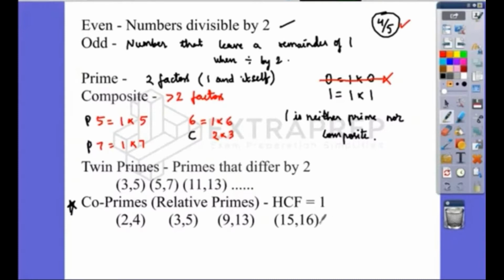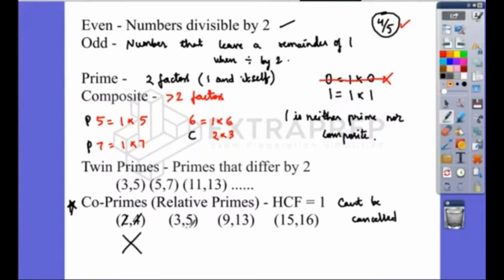See, this is a bit difficult to understand. To make it easy, what I'll tell you is two numbers are co-prime if they can't be cancelled. This is what you'll have to remember. Two numbers are co-prime if they can't be cancelled, because if they can be cancelled, there is some common factor to them. We want the highest common factor to be 1, which indicates that there should not be any other common factors. For example, 2 and 4, what's common? There's 2 common in both, right? So you can cancel 2 in both the cases. So these are not co-prime.